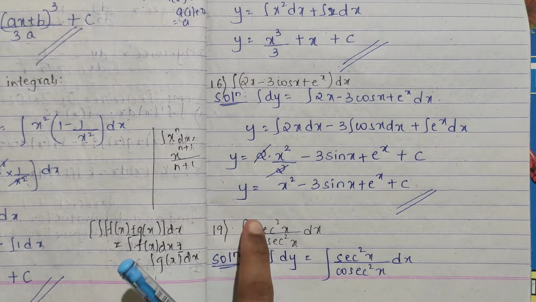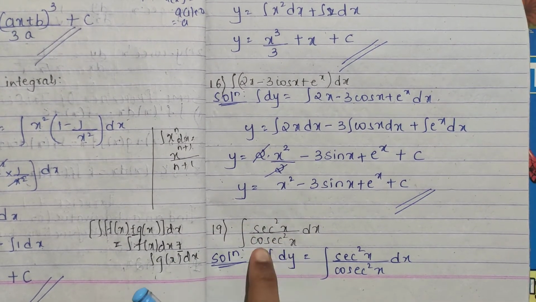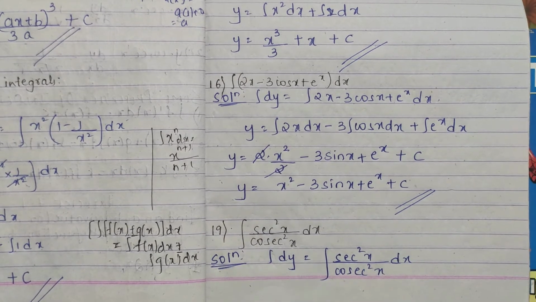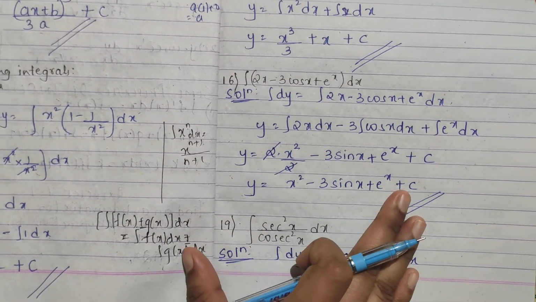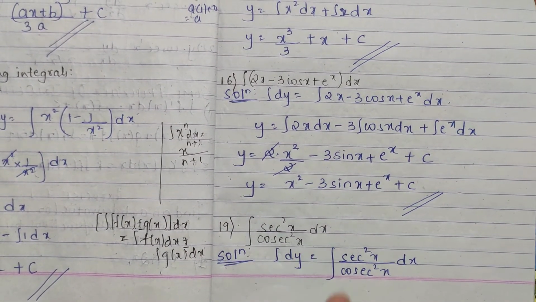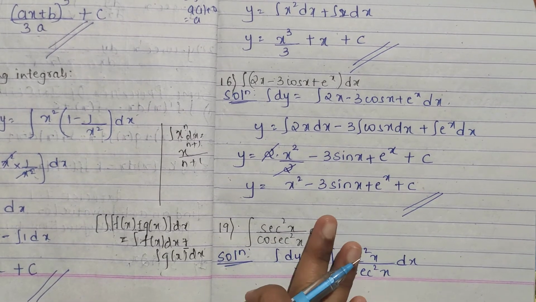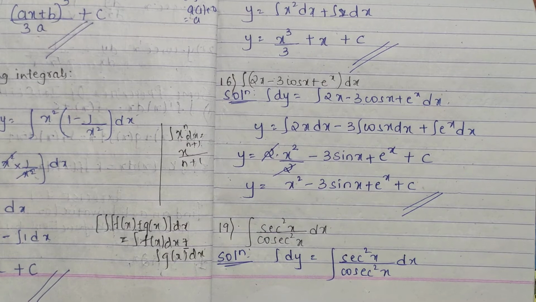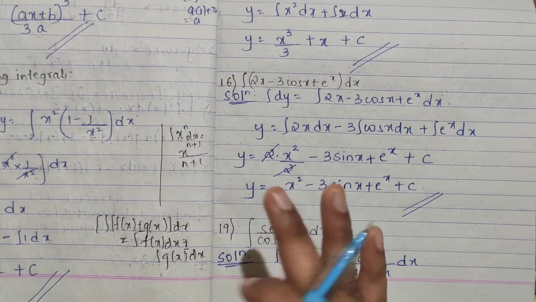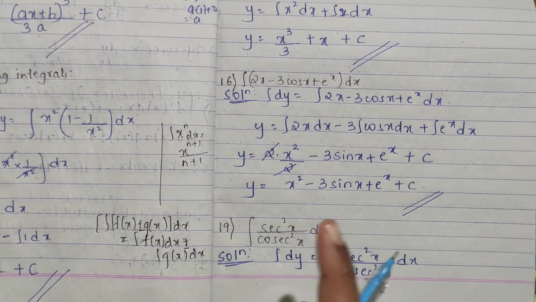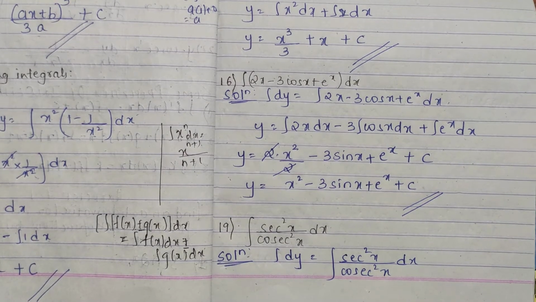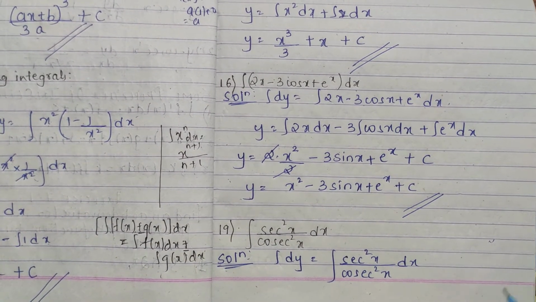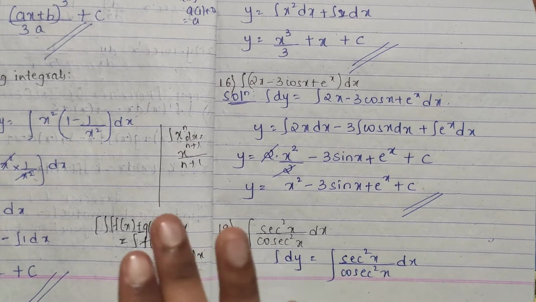Next question is 19th, integration of secant square x divided by cosec square x dx. So given, write the same, integration, divide. See, after coming here again, you can't use the quotient rule, as we have not come across such a property or such a rule in your integration. Okay, so whenever you have it like this, please don't go for the quotient rule as you have done in your differentiation part. Okay, in differentiation you had u by v or u into v, but in integration there is nothing like that.